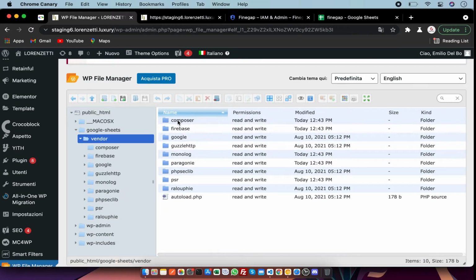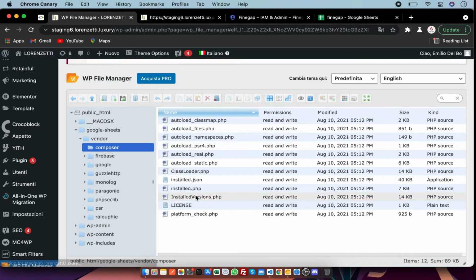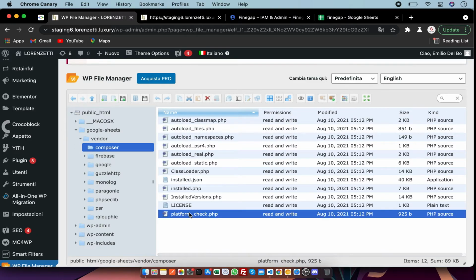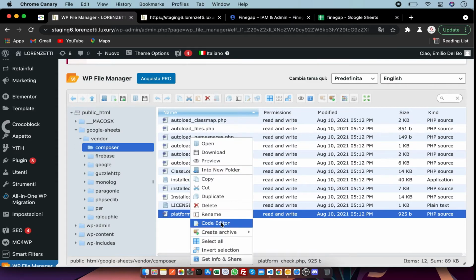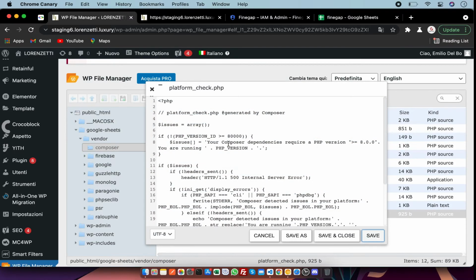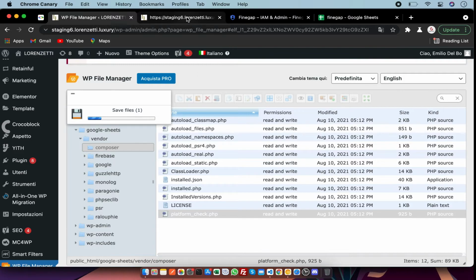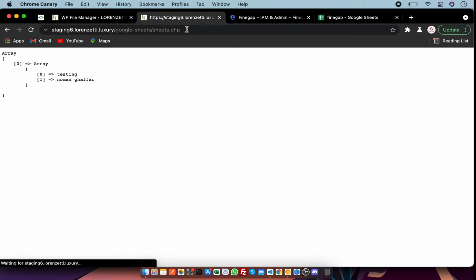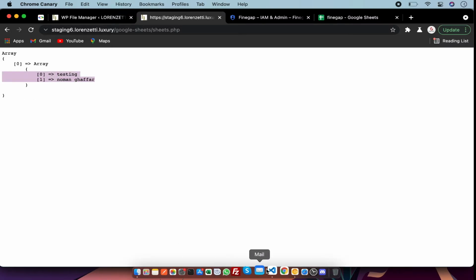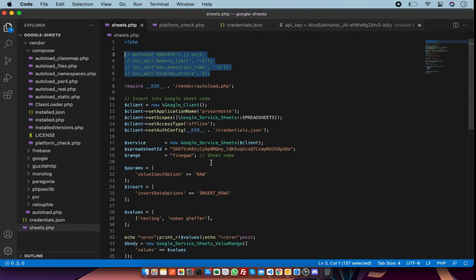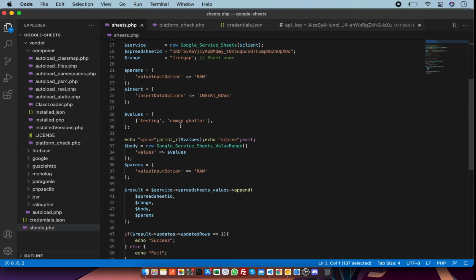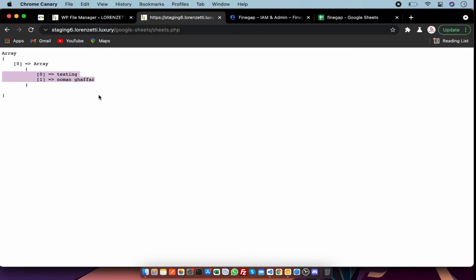Just go to the vendor folder and then composer and open this file and save your code. After that refresh this all. So as you can see, our values are displaying as I set in my PHP file, testing and Numan Gufar.